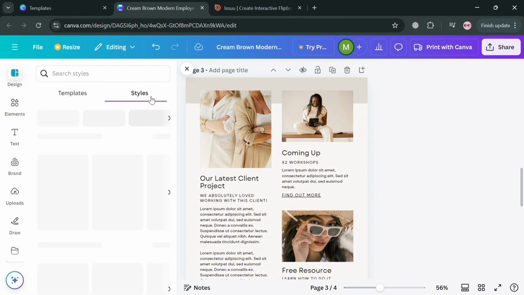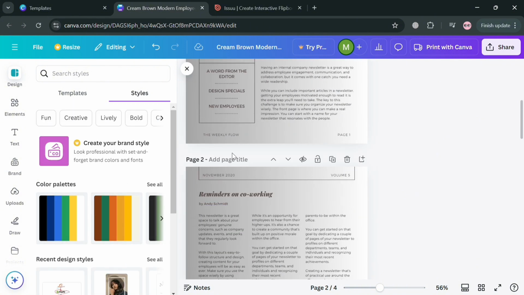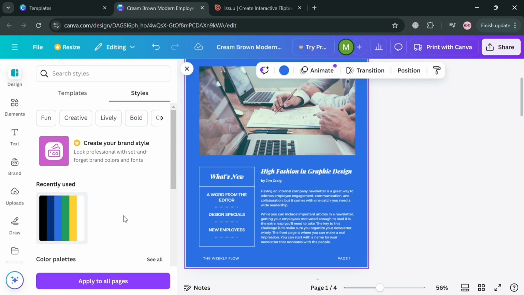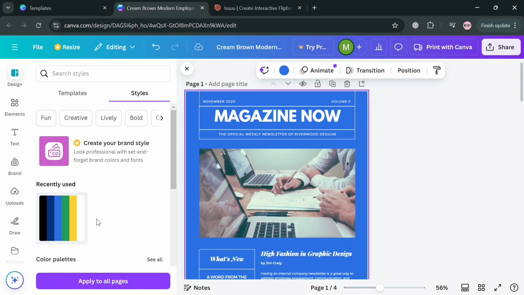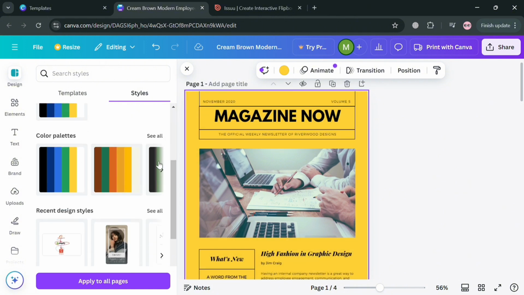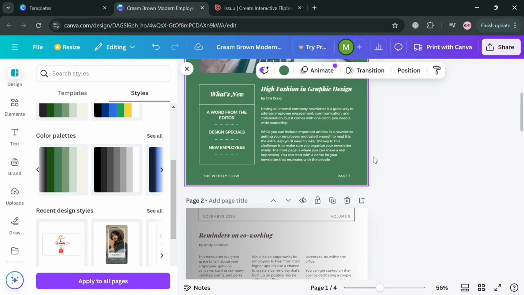And now to start customizing, for example, the style of it, we can simply choose different kinds of color palettes that you prefer. For example, at this point, I'm going to choose this one. Alternatively, if you want to make it green, you can simply click on it again and again until you find the color green. But I'm going to use this color palette, and now as you can see, it is